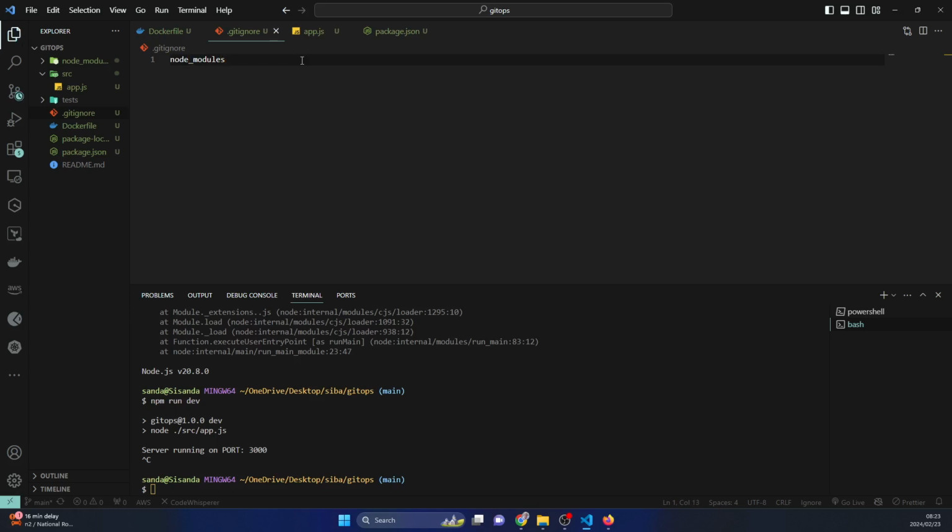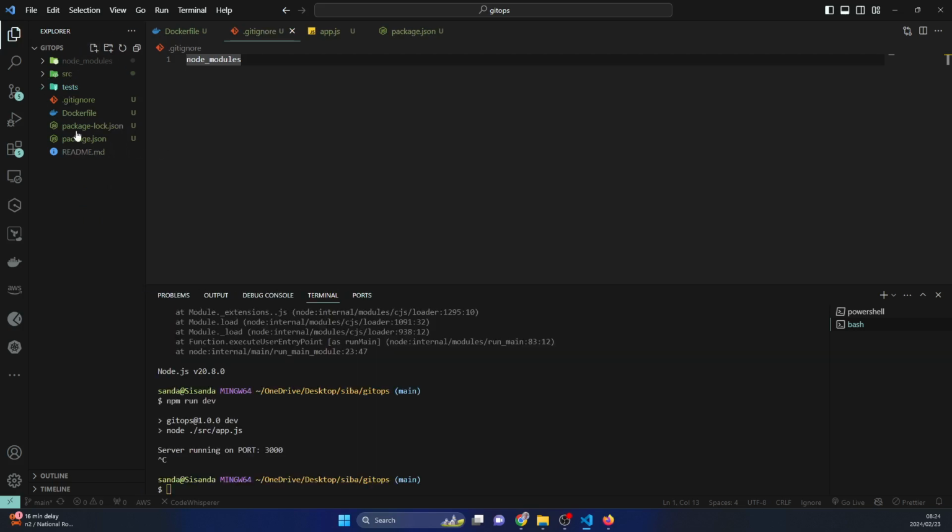Right. So we're going to say ignore all the node modules, which will leave us with really the core files of the application. And so the question is, how do we start with the pipeline, right? So what we're going to have to do for GitHub Actions, for GitHub to recognize that there will be GitHub Actions,